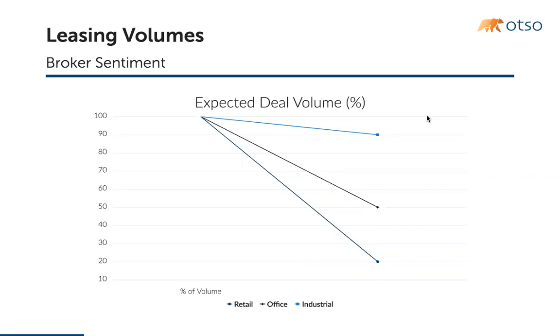On the office side, definitely the hardest hit, although we do see a huge appetite, and certainly among our brokerage partners, for people returning to the office. But there is sort of a fundamental shift in flexibility and trends. We'll get into that. And lastly, on retail, I actually think this has probably improved the most. There's a huge pent-up demand for people to get out of the house and do things. Any retailers that have survived this previous year are probably set up to do really, really well. And of course, it's the tenant market going forward.